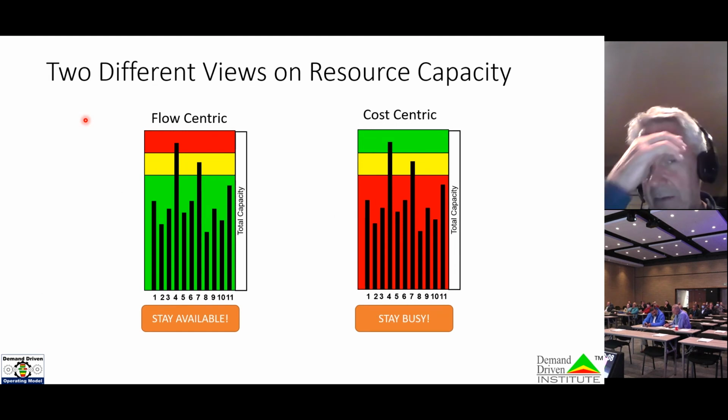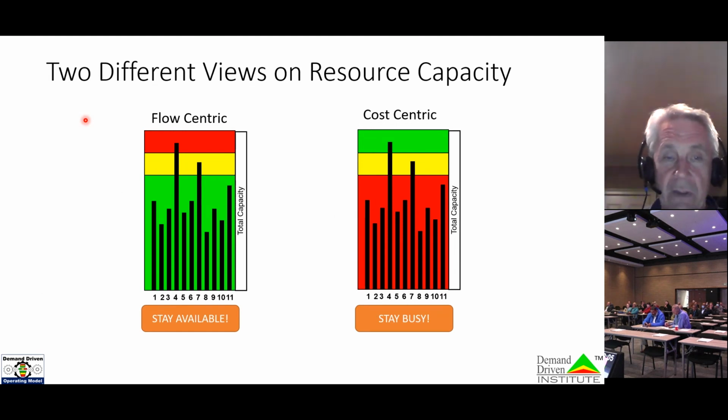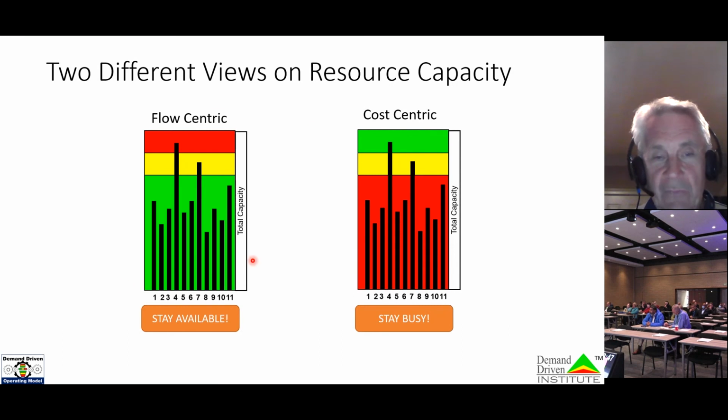And this is really that cost-centric versus flow-centric concept that I've been mentioning here. From a finance standpoint, we want every resource running all the time because we think that's going to reduce our total cost of production, our unit economics. But in reality, those do not work in our favor. A flow-centric model has excess capacity, allowing us to address the incremental variation that's going to occur in our environment. So really I'm trying to expose and give you some thought around changing the thinking around how we set up our operating model.